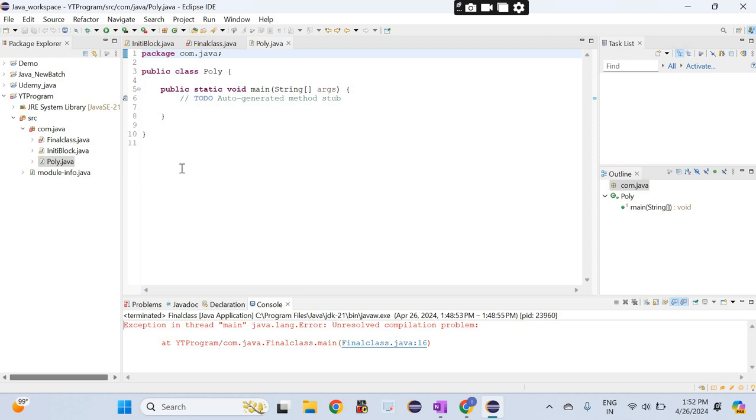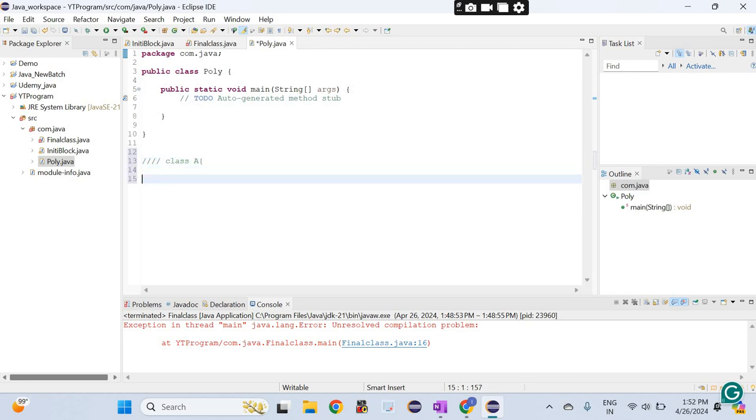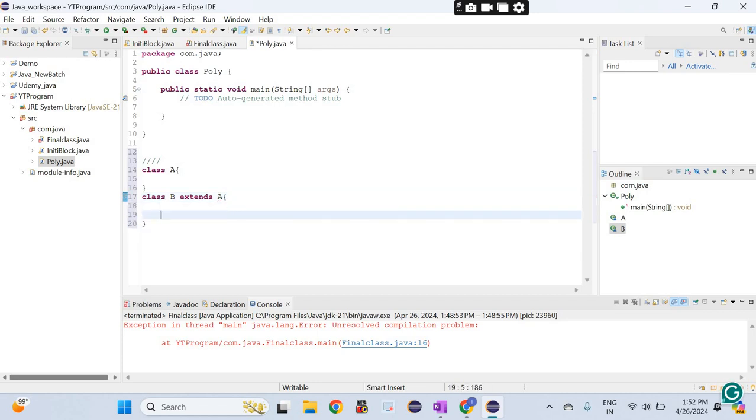For example, suppose I have created a class A, and then I have created class B, and I extend class A. When I create the object, the reference variable is of the parent class and the object is of the child class. This is known as upcasting in Java.